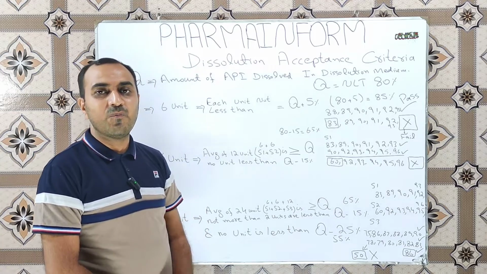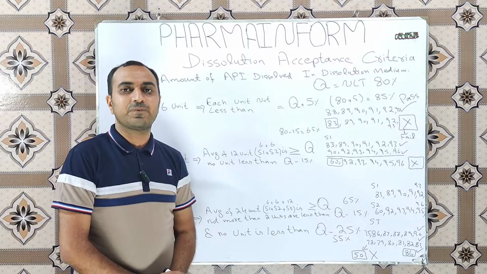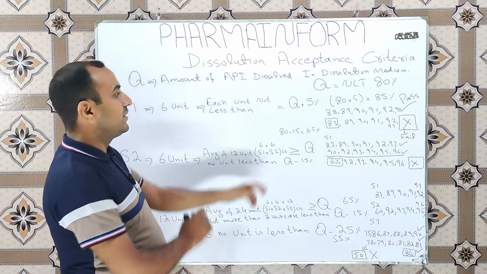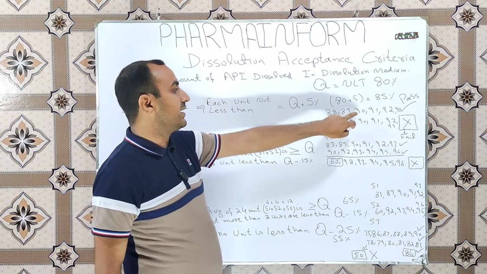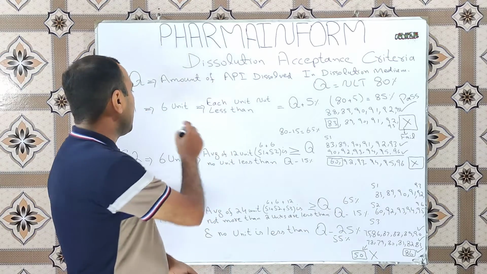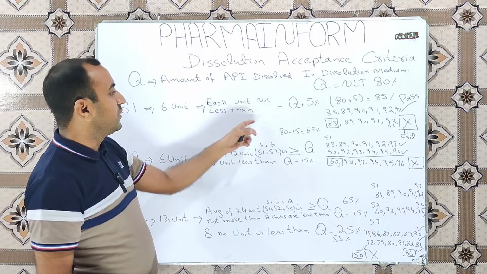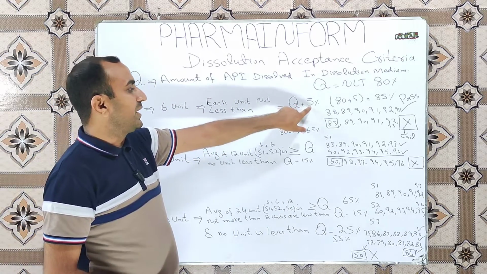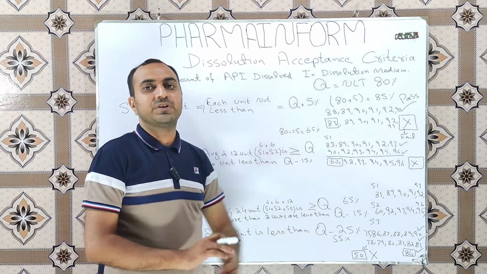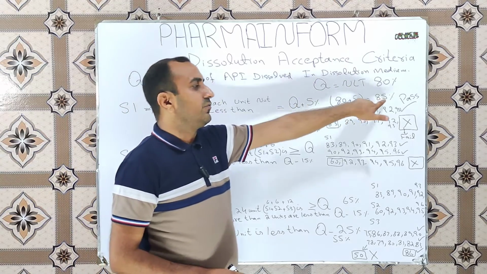So when we perform our test for the stage 1 of a product, we will take 6 tablets and perform the dissolution test. Our results for the 6 tablets are 88, 89, 90, 91, 92 and 93%. As per USP, our specification is that each of our units should be not less than Q plus 5. Our Q is 80, plus 5 means 85%. Our 6 tablet results should be not less than 85%.